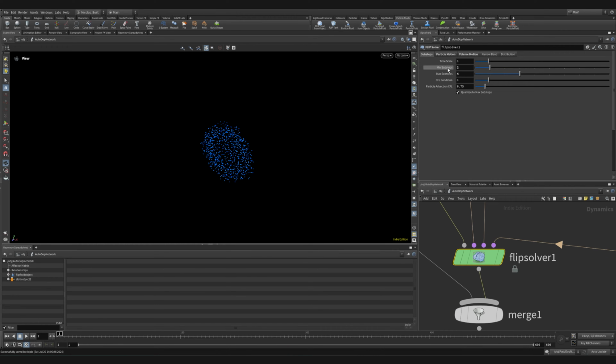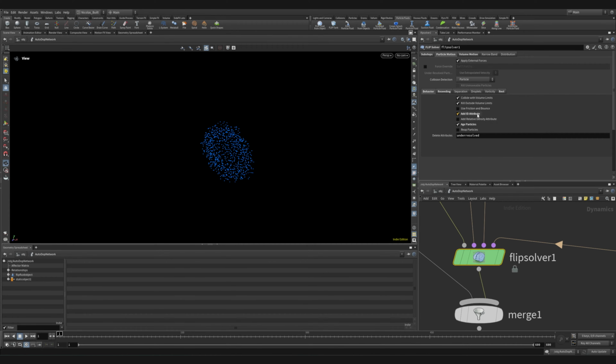I fed it all into the solver, where I modified the substeps a bit. I went a bit higher, so 2 and 4. I add an ID attribute and an age attribute. The age attribute is for texture, which at the end I didn't use, but you can use it to drive texture maps, changing the color, for example, if the chocolate gets poured and it slowly dries, it gets a bit brighter. You can use the age to drive that,